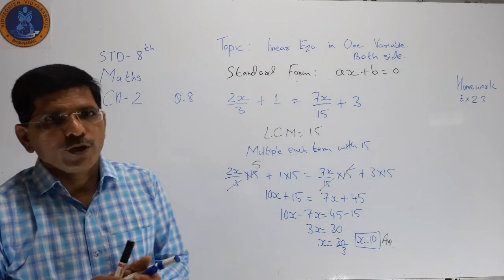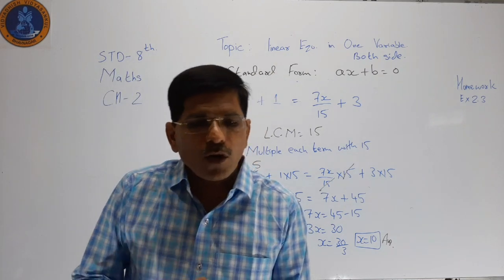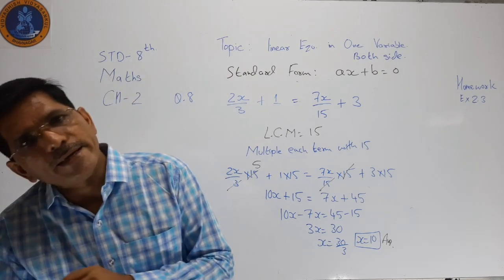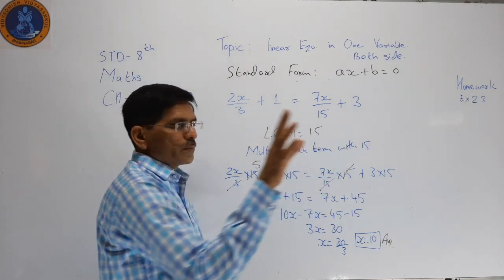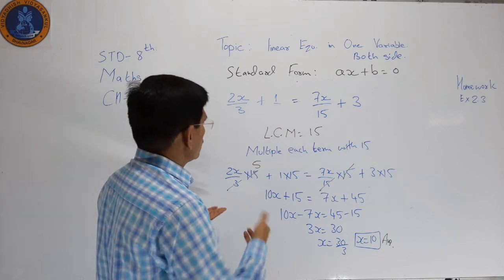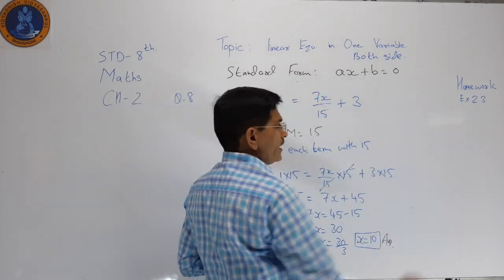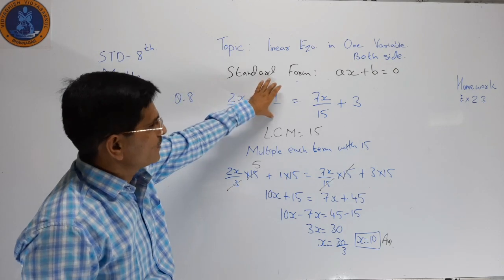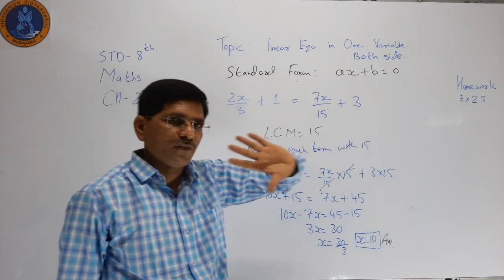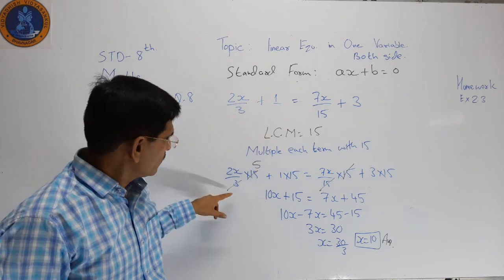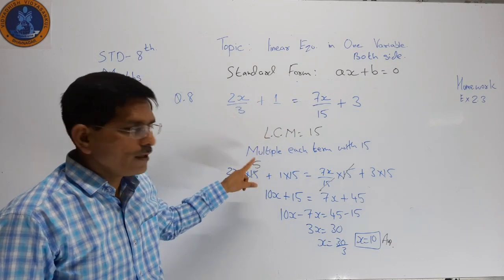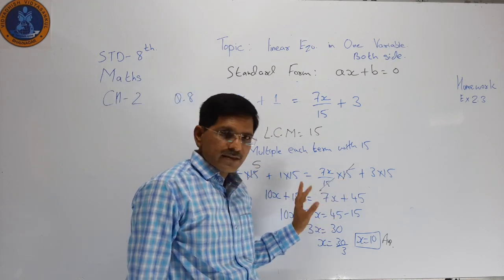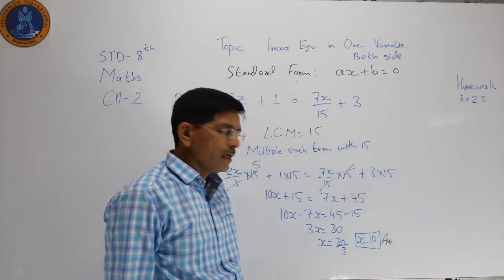Again I have to explain, when denominator terms are there, at that time what we have to do is first find the LCM and then multiply each term with the LCM. The denominator should be removed, so I multiply each term with 15. Now if I multiply here with 15, here with 15, here with 15. From here, with 15, 5 3s are 15. So 5 2s are 10, 15 1s are 15, again 15 and 15 cancel, that is 7x, and 15 3s are 45.